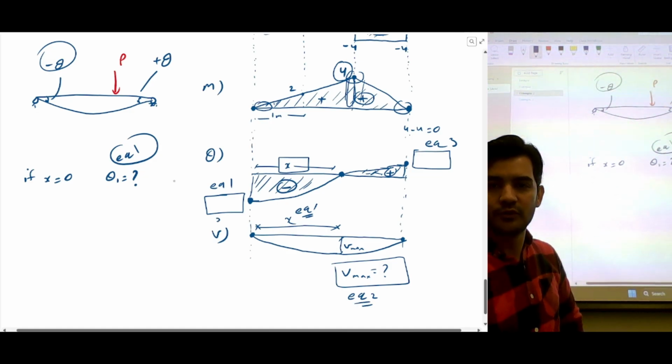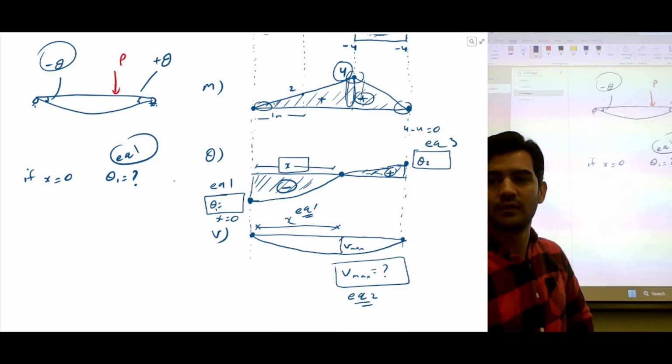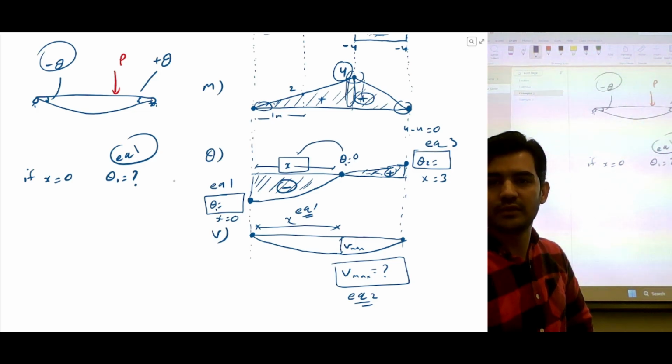So here you have to put x equal to 0, and then you will get the value of theta. Here you have to put x equal to 3, and you get theta 2. And here you have to put theta 1 equal to 0, and then you will get the value of x from equation 1. And then you can use